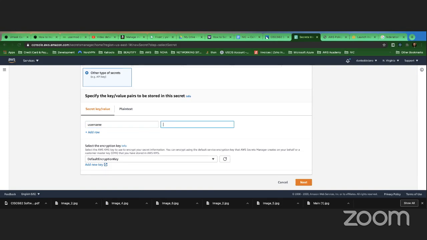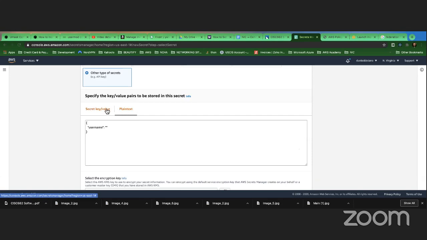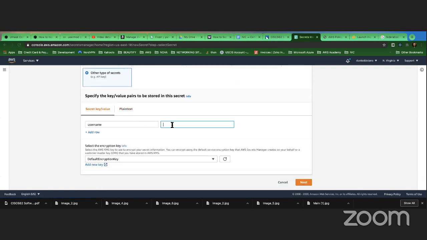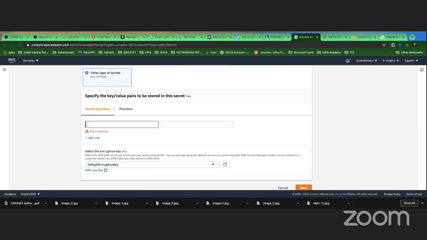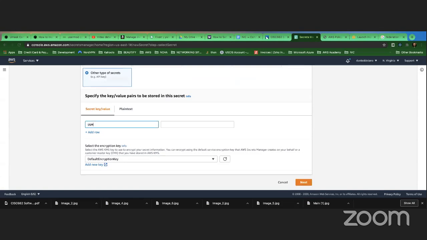Let's say username, and then here you can do plain text, or maybe I say IAM user password, and then pass, for example.